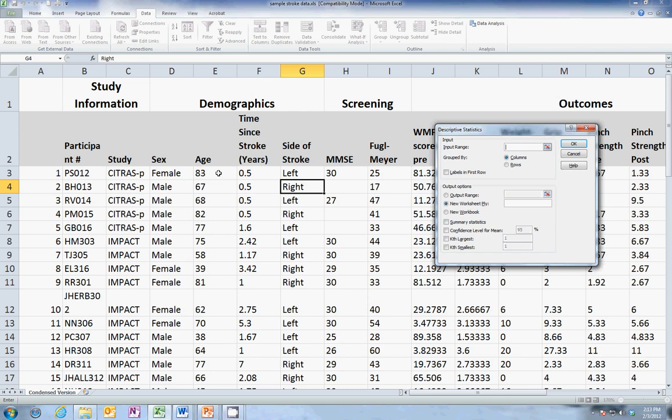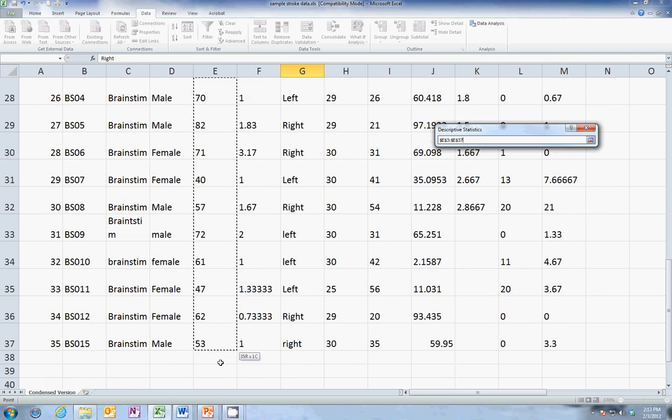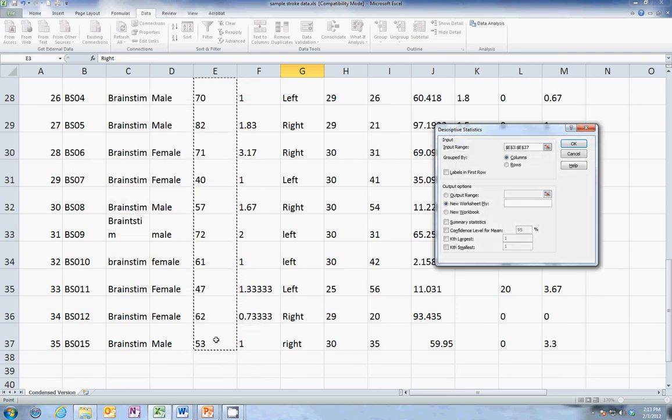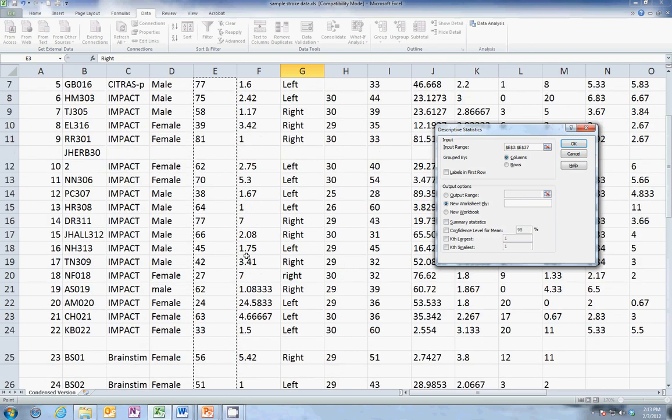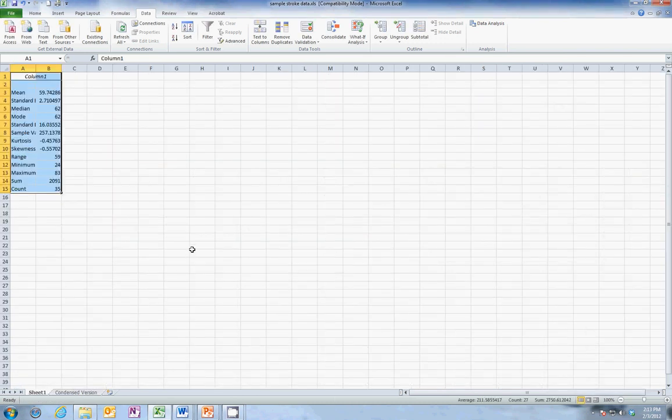So you put your cursor in that first box under age where it says 83, and then hold your finger on the left mouse button, drag all the way down so that you've put a box around all of the numbers in that column, the last one being 53, and you'll see there should be this kind of flashing box around that column of numbers, which are also dumped into this little thing here automatically. So the only thing else that you need to do in this box is just click on the summary statistics, which is going to give us a bunch of numbers that we need. You'll see in a second. We're all set. We click OK, and now